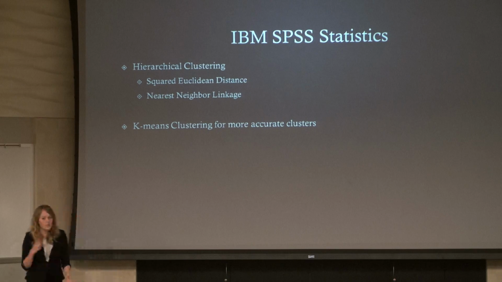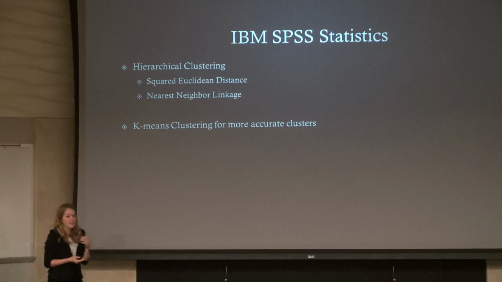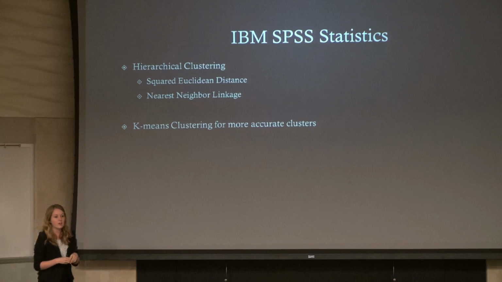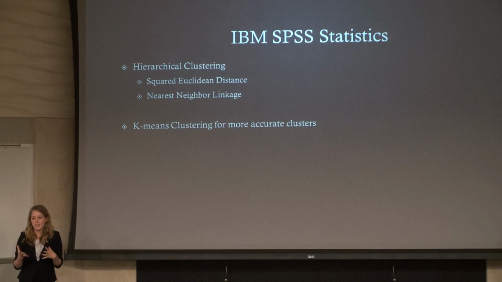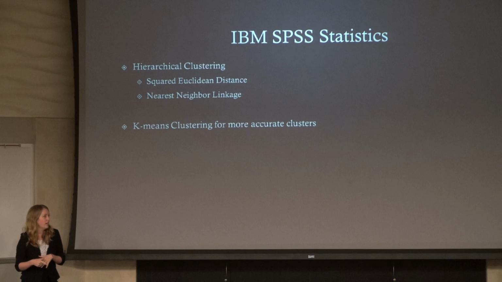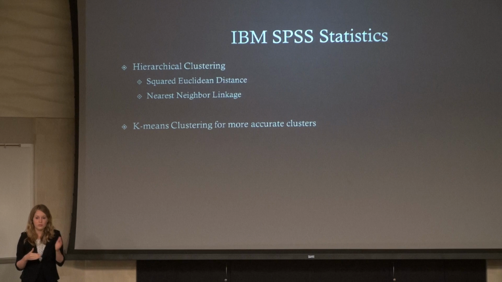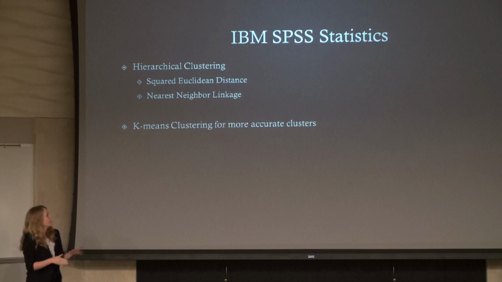So we tried to research a lot of different softwares, and the one that we found was the best just for the clustering aspect was IBM SPSS. And we decided to do two different clustering methods within IBM SPSS. Hierarchical, I'll talk about that one a little more, will give you an idea of how many clusters, but it won't necessarily tell you how many. You have to find it within your own data. And then K-means clustering, we would have just used that one because it's more accurate, but you have to know beforehand how many clusters. So we were going to use hierarchical first, and then use K-means later to form those more accurate clusters.